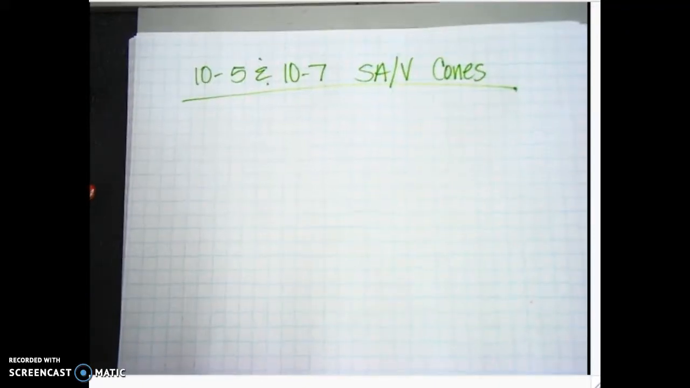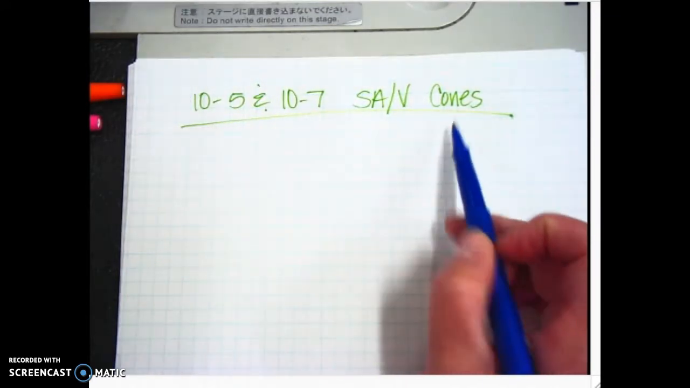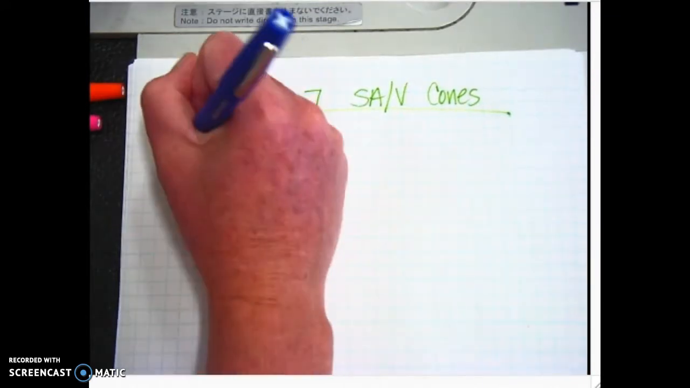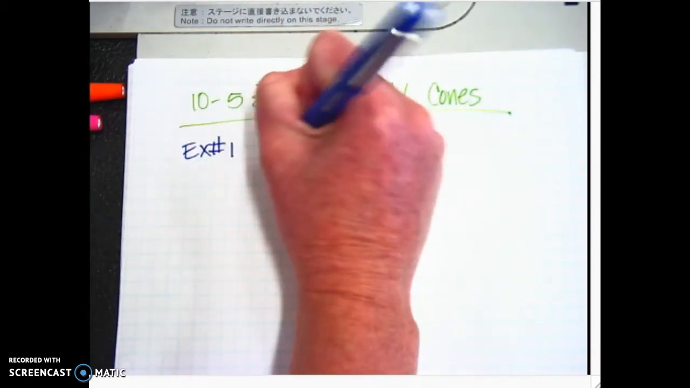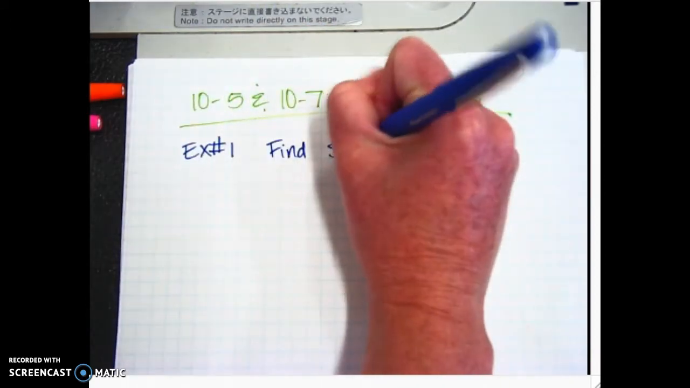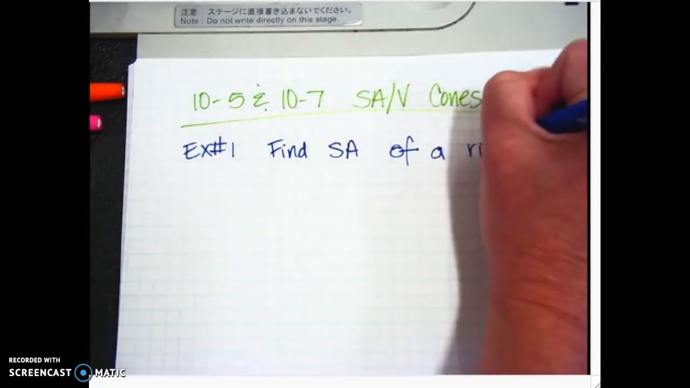Section 10-5 and 7 covered pyramids yesterday. It's also covering cones, which is what we're doing today. So we're going to start off with a surface area problem. We're going to find the surface area of a right cone